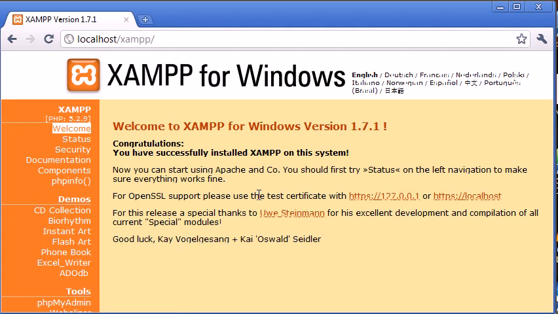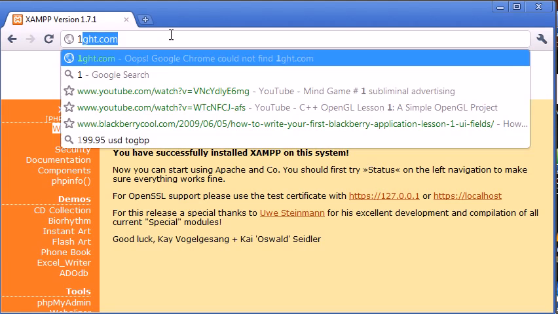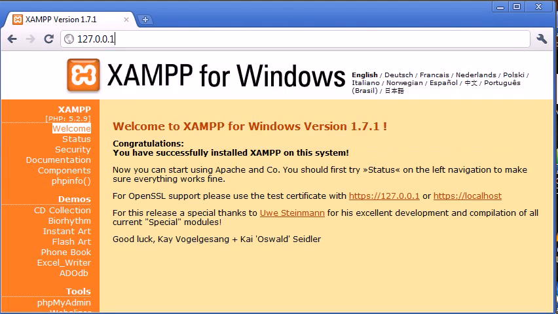If you have got this screen up, then it's got a little congratulations message. You've successfully installed XAMPP on this system. So this will mean that XAMPP is installed. Now you can also access it using 127.0.0.1. It's entirely up to you, but I prefer localhost personally, and that's what I'm going to be using throughout